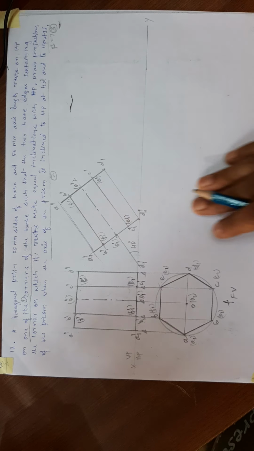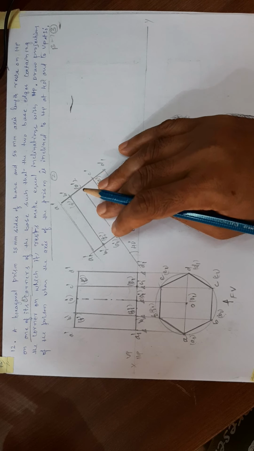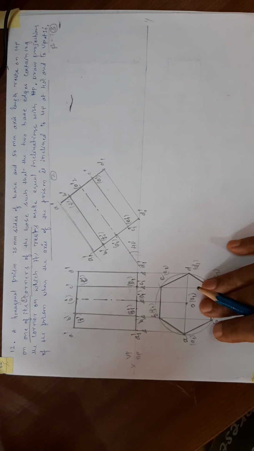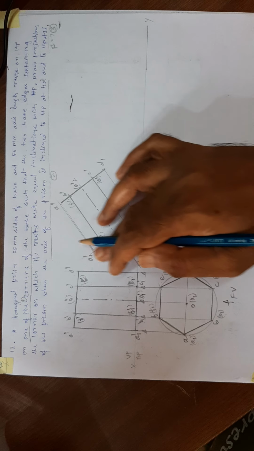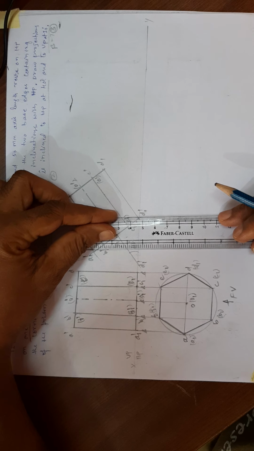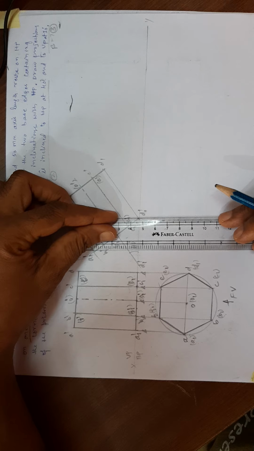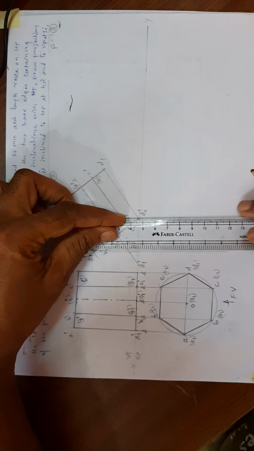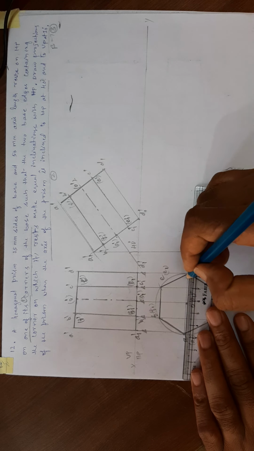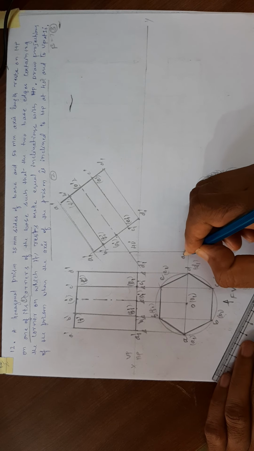Then we have to draw the top view. So draw vertical downward projector lines from the front view of the second portion and horizontal projector lines from the top view of the first portion. I will take these bottom points first. Drawing a vertical projector line from A1 dash, and a horizontal projector line from A1. Now see, this point is A1.